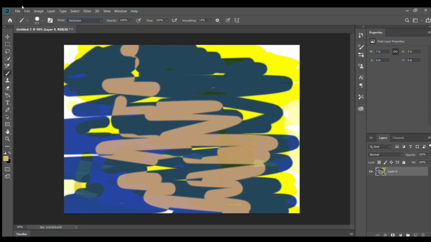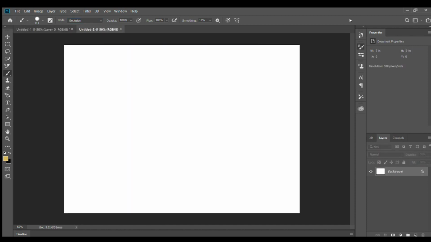Now we come to the second point. From here I'm going to open the brush settings and we are going to see the brush settings. Now I am clicking on this. From the brush settings you can see different types of predefined brushes.